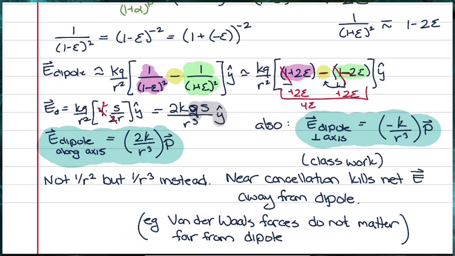So direction-wise, we're seeing whether a point's parallel or anti-parallel to the dipole. But the key insight we gain here is this r cubed, that dipoles drop off not as 1 over r squared, but as 1 over r cubed. Again, it's essentially that near cancellation kills the electric field and makes it get weaker faster. Which again is why these dipole forces or polarizing forces only matter if you're really close to the molecule. So if you did van der Waals forces in chemistry,